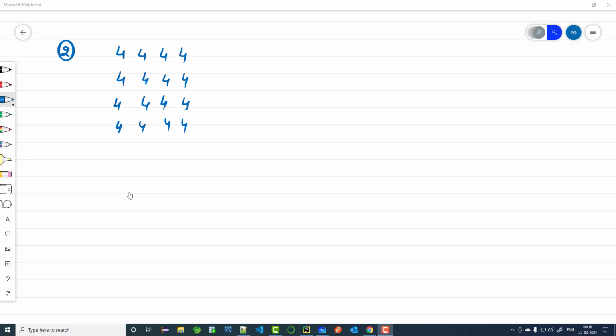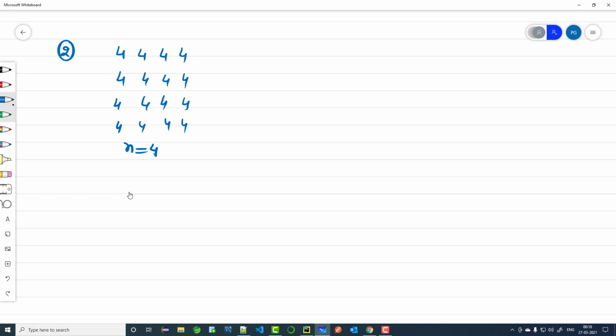In this video, let us talk about another simple pattern. Okay, and this is a numeric pattern. In the previous video we talked about a star pattern. This is a numeric pattern. Now the pattern is, if n is equal to 4, then we have only 4 coming, and there are 4 rows and 4 columns.